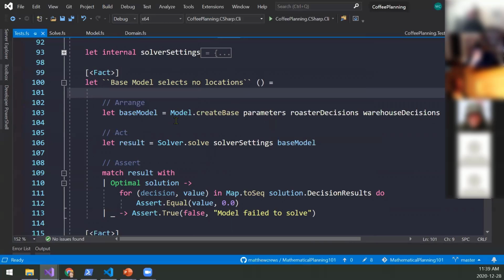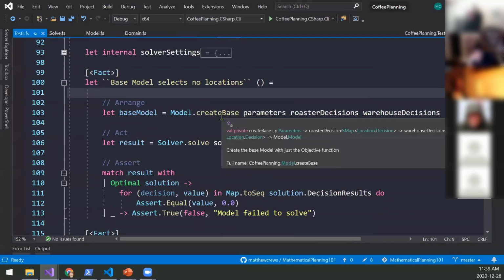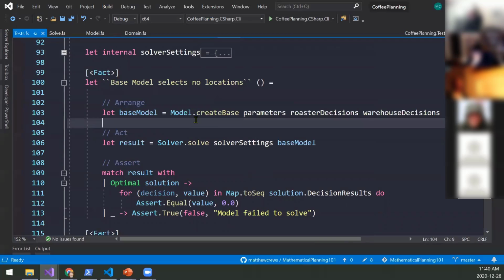Creating the base model and then adding the different constraints are all separate functions. So I want to test that if I create just the base model, with no constraints, it doesn't actually select anything, because that would be the minimum cost plan.